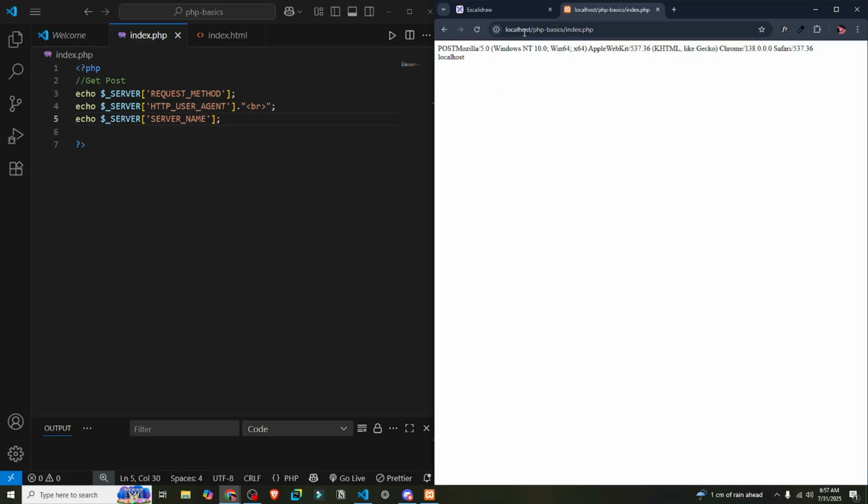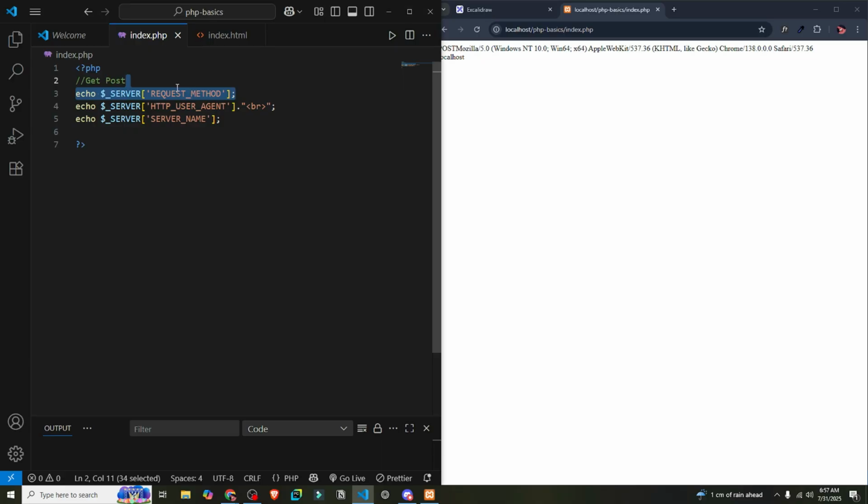So localhost, since we are using localhost, it will output localhost, that is our server name. So these are useful for debugging, creating dynamic redirects, or detecting user devices. You'll often use server and request method to check how the user submitted the form, and that brings us to